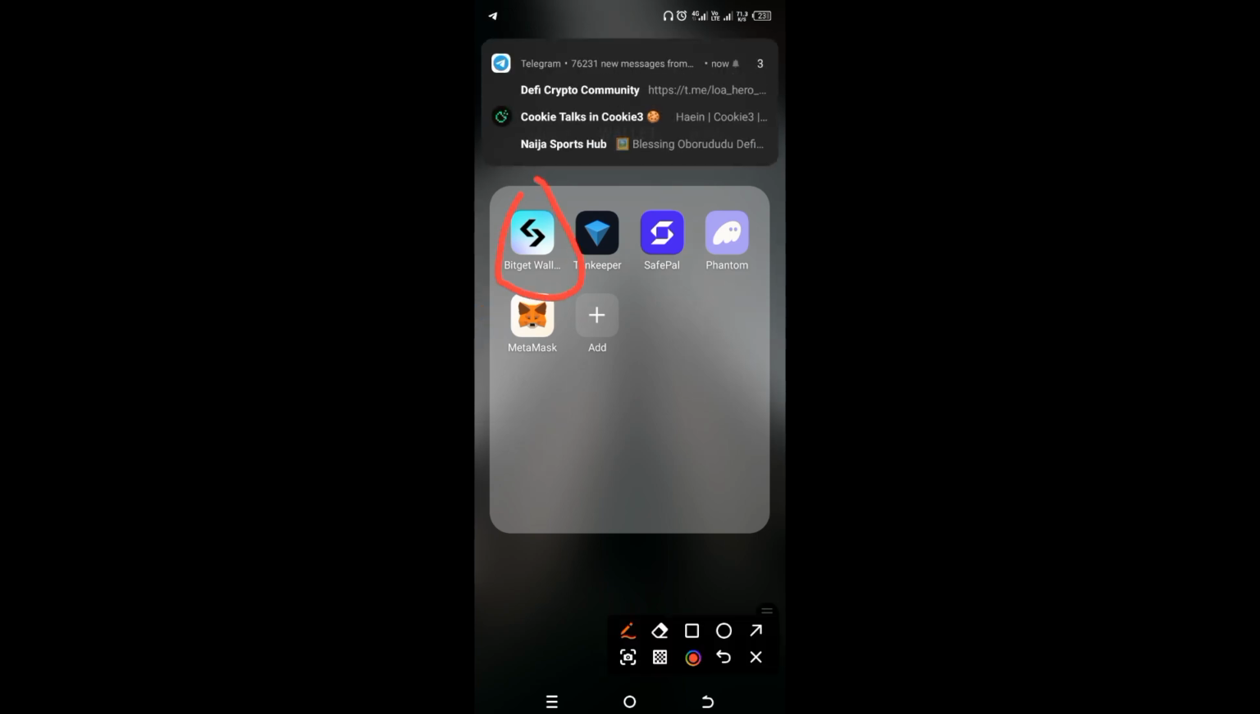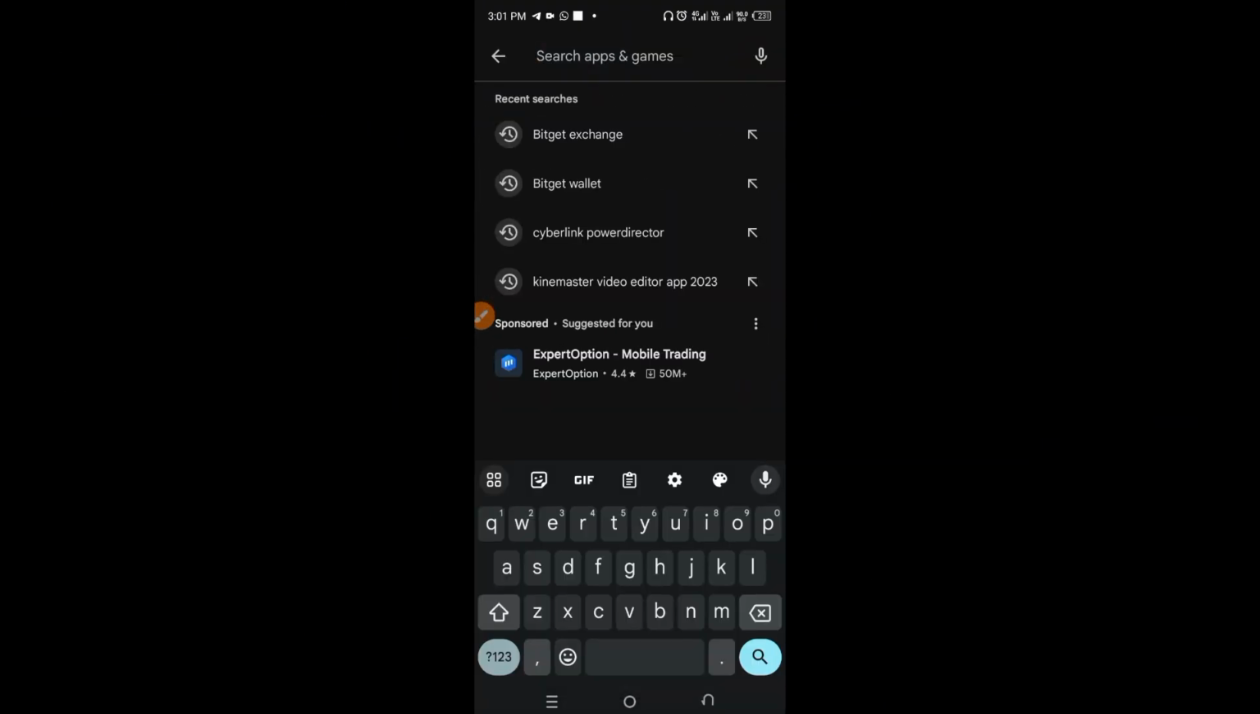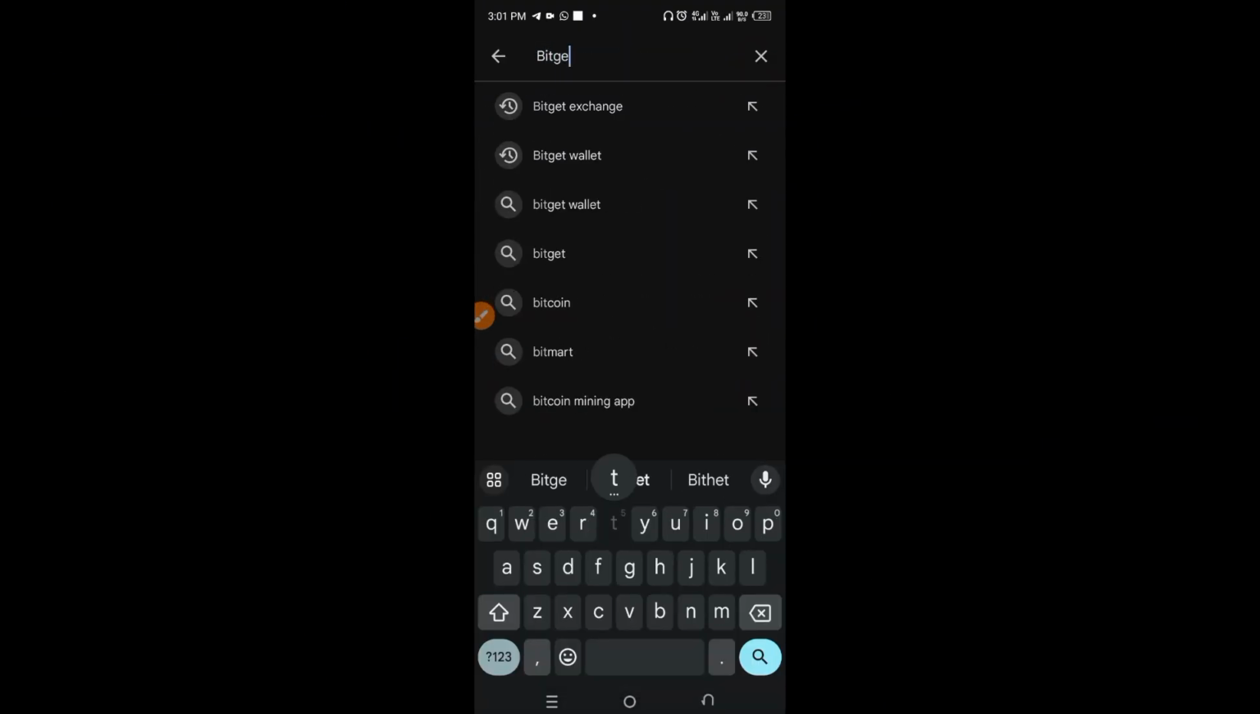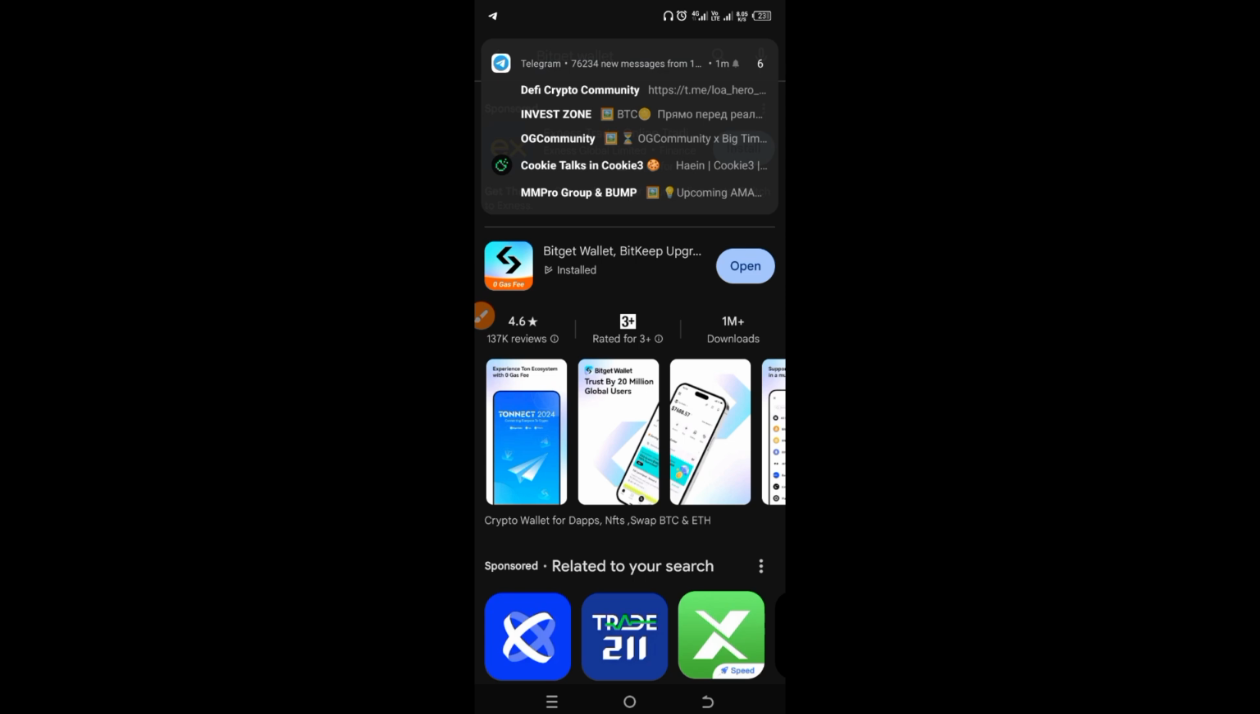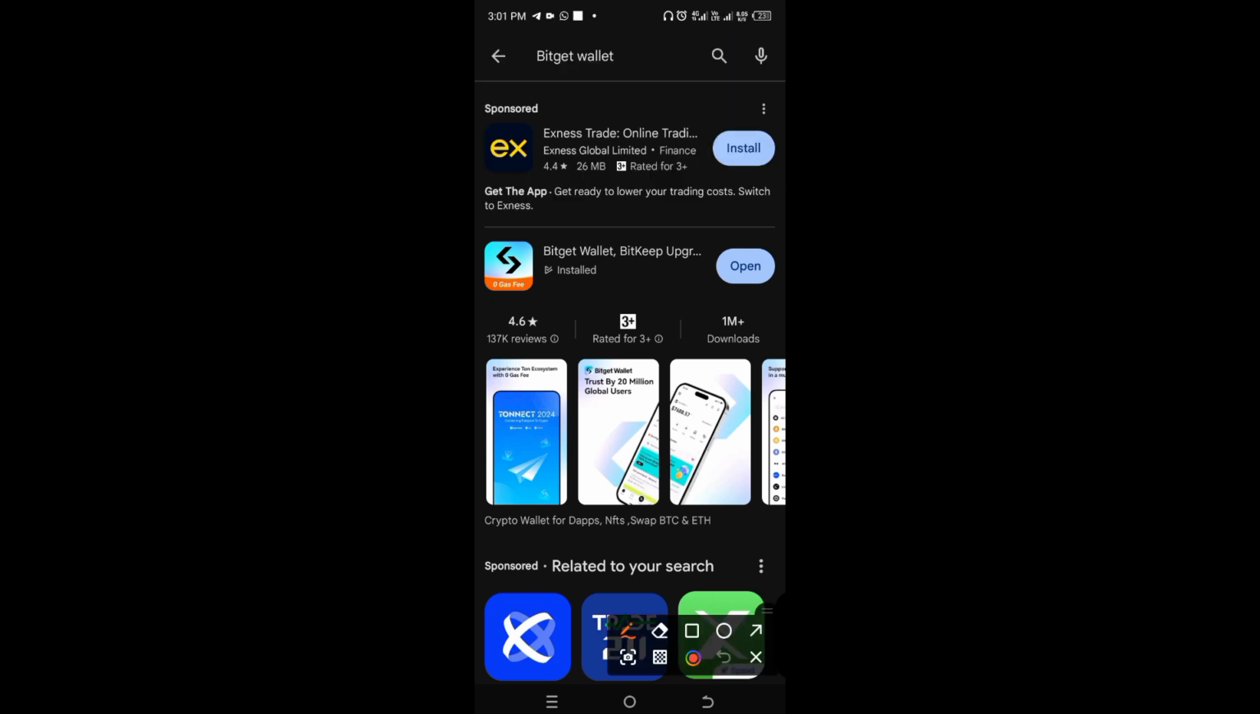If you don't have it, make sure you get it from the Play Store. Go to the Play Store and search for Bitget wallet. This is the one we are going to be looking at. Make sure that you get the correct wallet. Download the wallet, and after you have downloaded it, you should go straight to